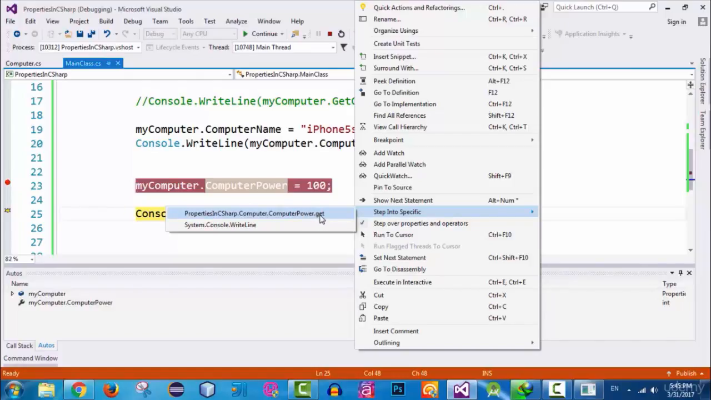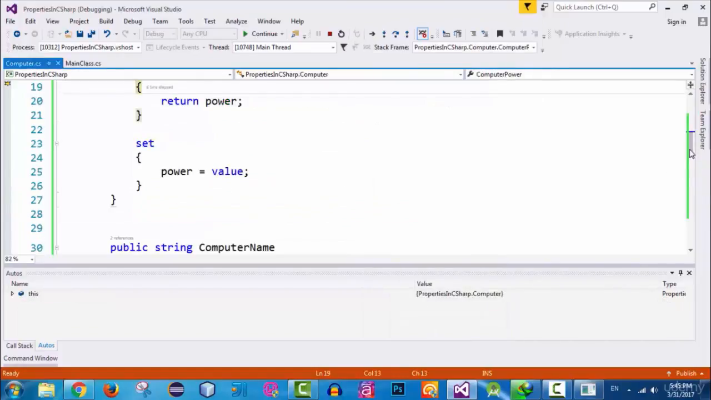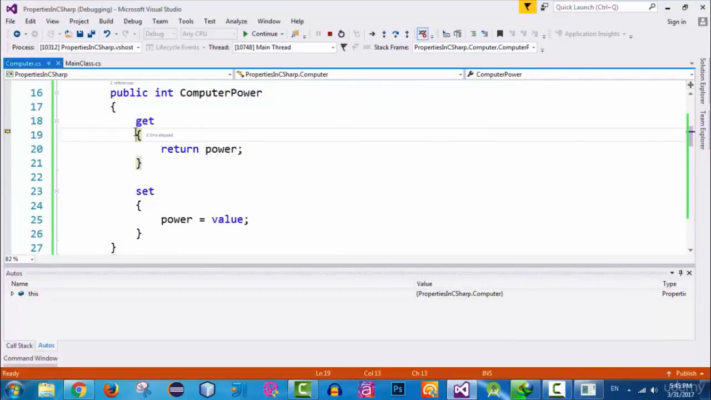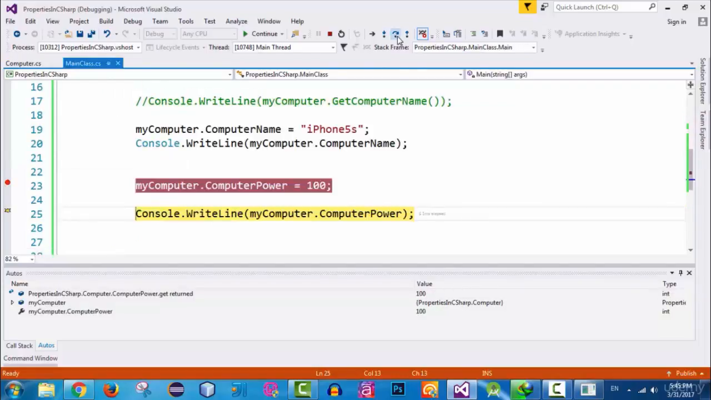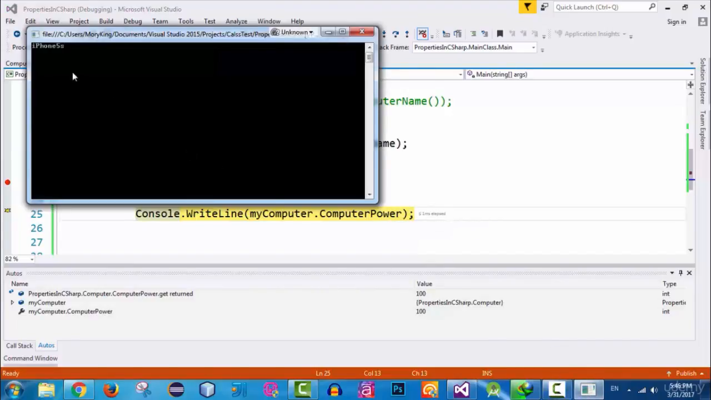You can see this get here. So just click on it here again, and now you can see that this getter is highlighted. So let's click on this step over again, and now it is going to execute this line of code. It's going to return this power from this getter. So let's click on it again, step over, and click on it again. Finally, you can see that this method here is executed, the getter is executed,